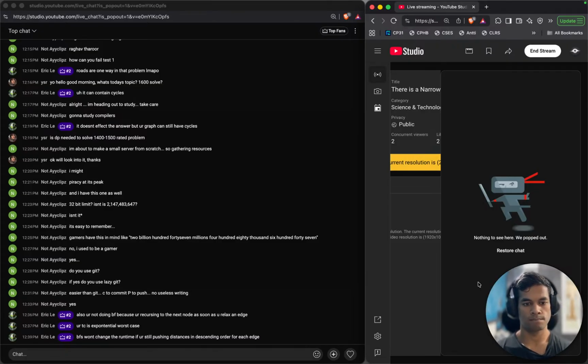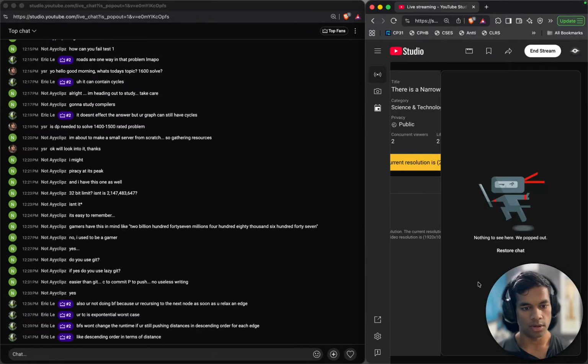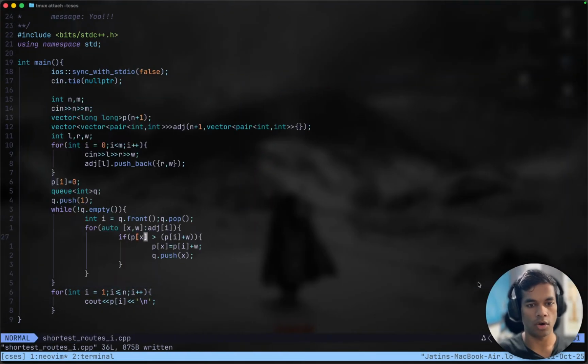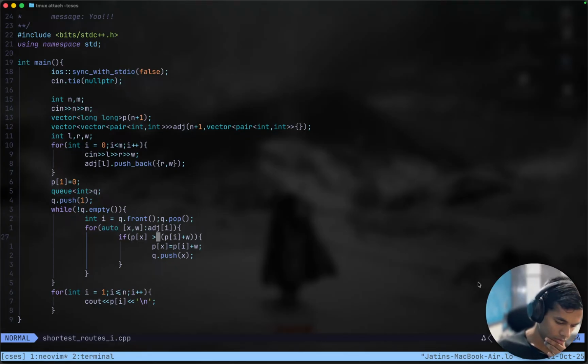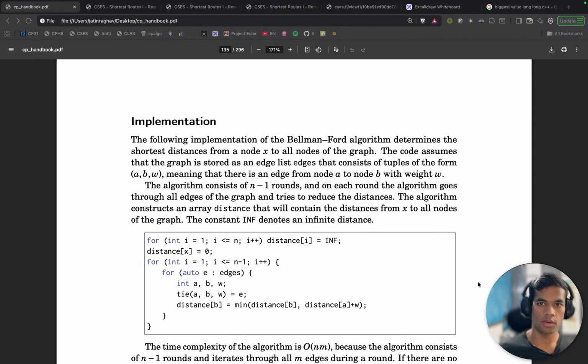Hmm. Okay, I do get why DFS is bad, but like descending order in terms of distance. Okay, so here I am pushing everything onto the queue if the current distance is better than whatever the best distance till this point is. And that is bad because we are adding things. That does make sense. That does make sense. I can think,